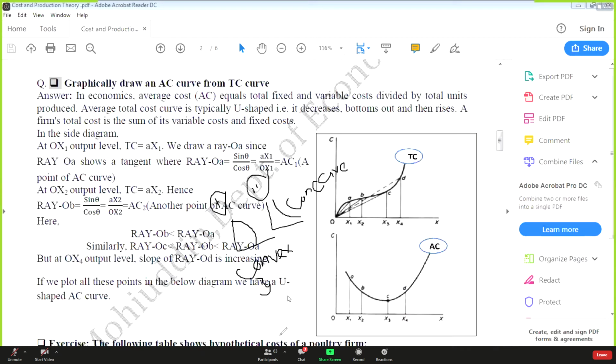Another doubt I have found. Your second friend says that the first one is concave, the second one is convex. Actually, which one is true? Third one, I need the response from third one. Second one is convex, sir. First one is concave. First one is concave and the second one is convex.